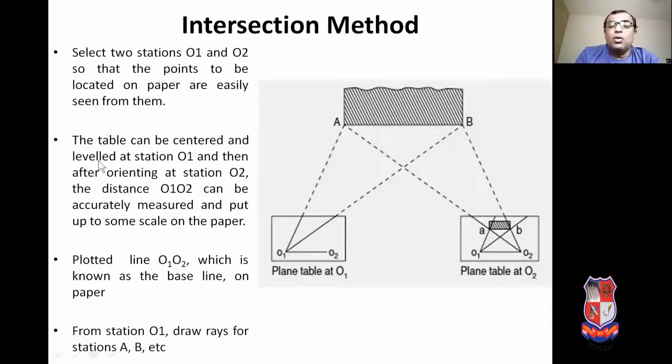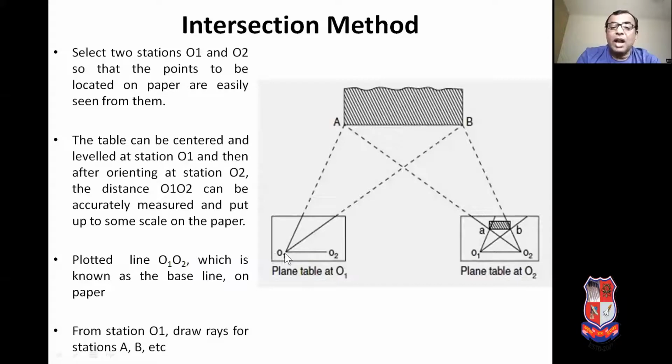After doing the operation of centering, capital O1 will be available on the drawing sheet as a small o1.